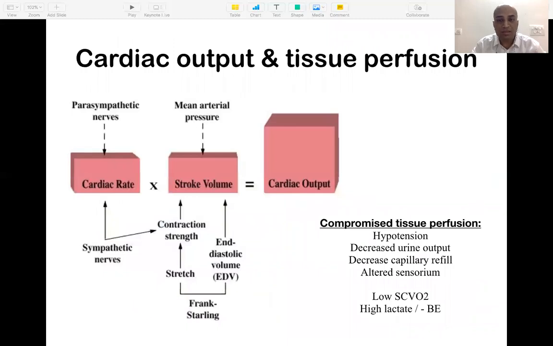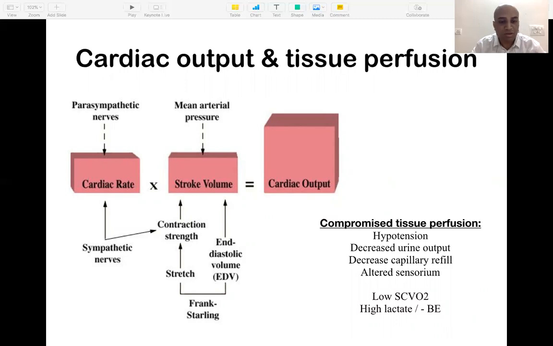And what is the target? The target is to increase cardiac output. And cardiac output depends on the heart rate and the stroke volume. So stroke volume will be influenced by the end-diastolic volume, which eventually leads to the myocardial stretch and will influence